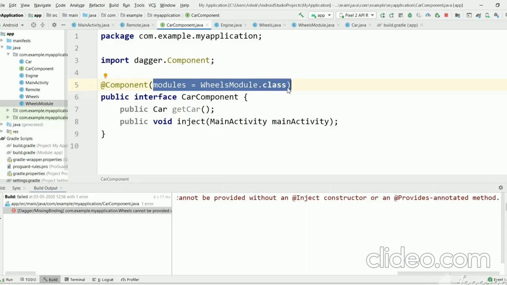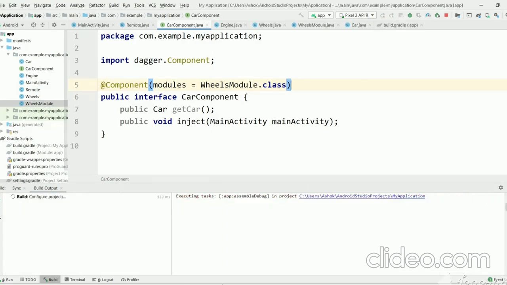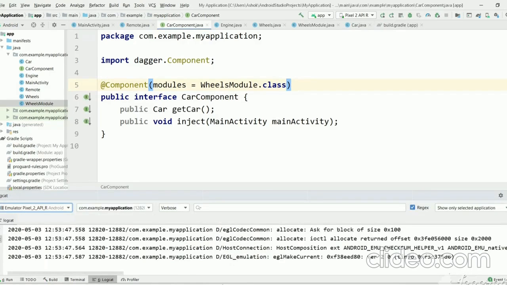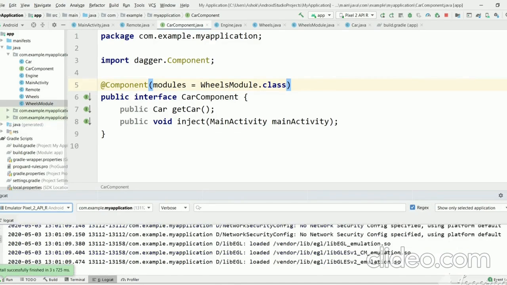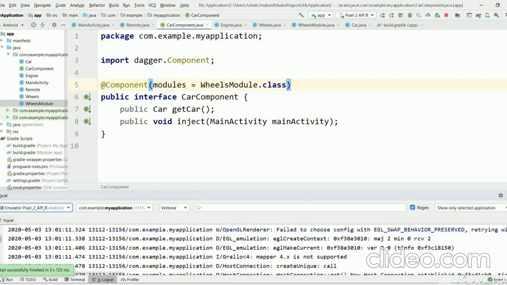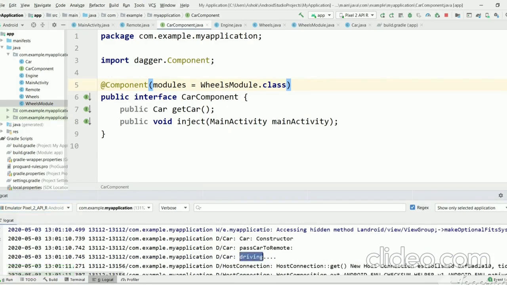Now let's execute and see what happens. The project is successfully built and gives the output driving. Now there is no problem.